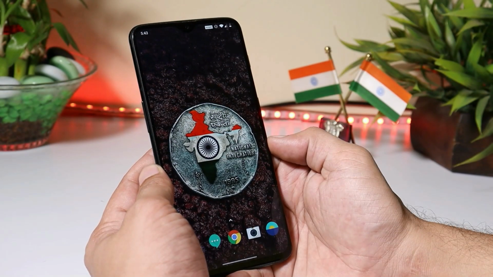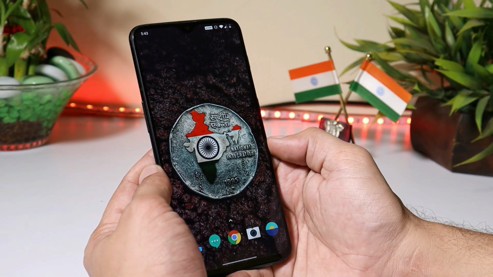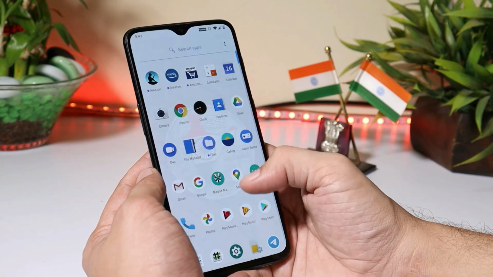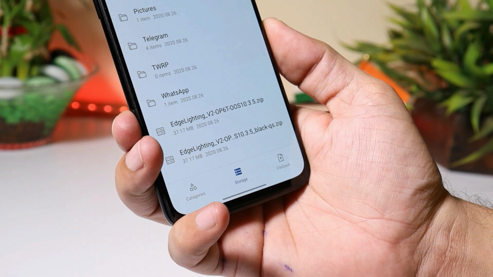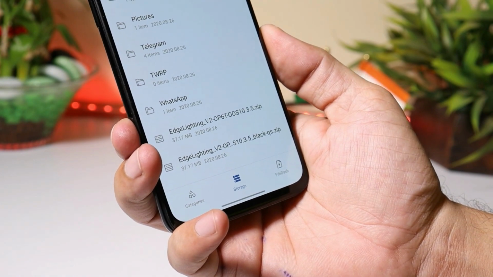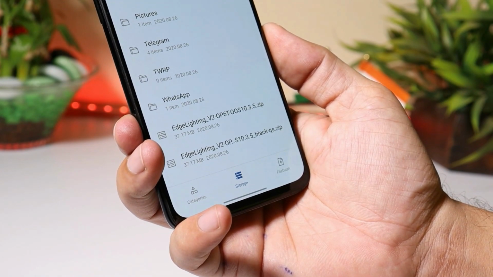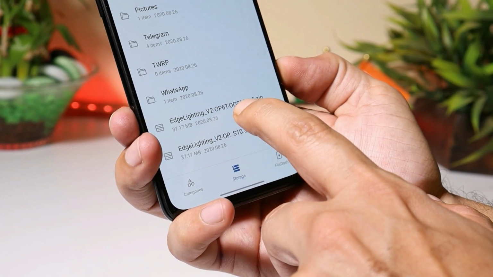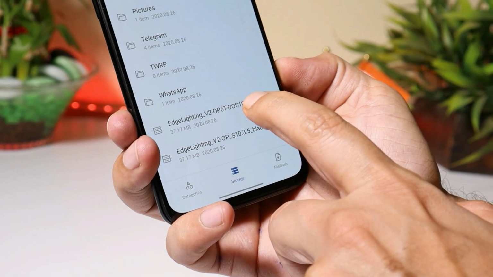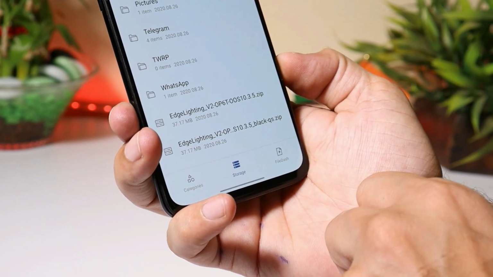The principle of this module is quite simple. It replaces the stock UI APK of Oxygen OS with a modified one. And once your device is rooted, you need to download a few files. So these are the two files which are required, and after that one more file which you need to download from Magisk. Here we have two modules. One is for the dark theme and the second one is for the normal one. Right now I have flashed the normal one. I'll also flash the dark theme module.